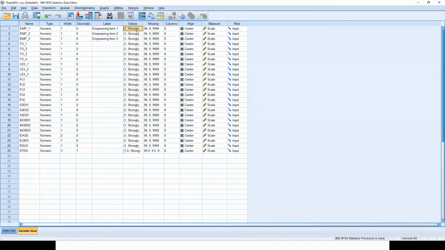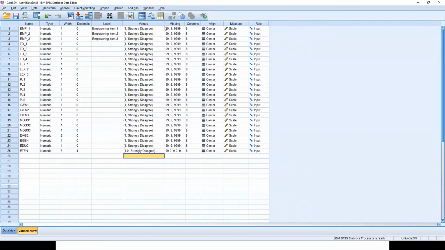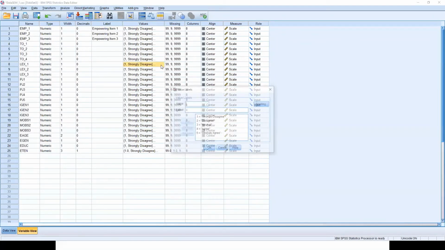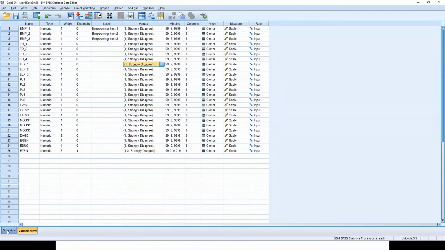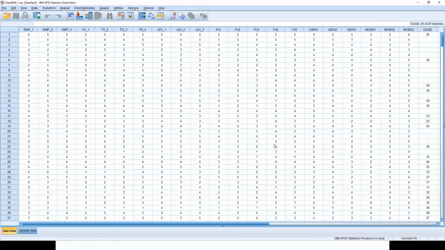Let me just copy the change that we have done. Yeah, this is correct.